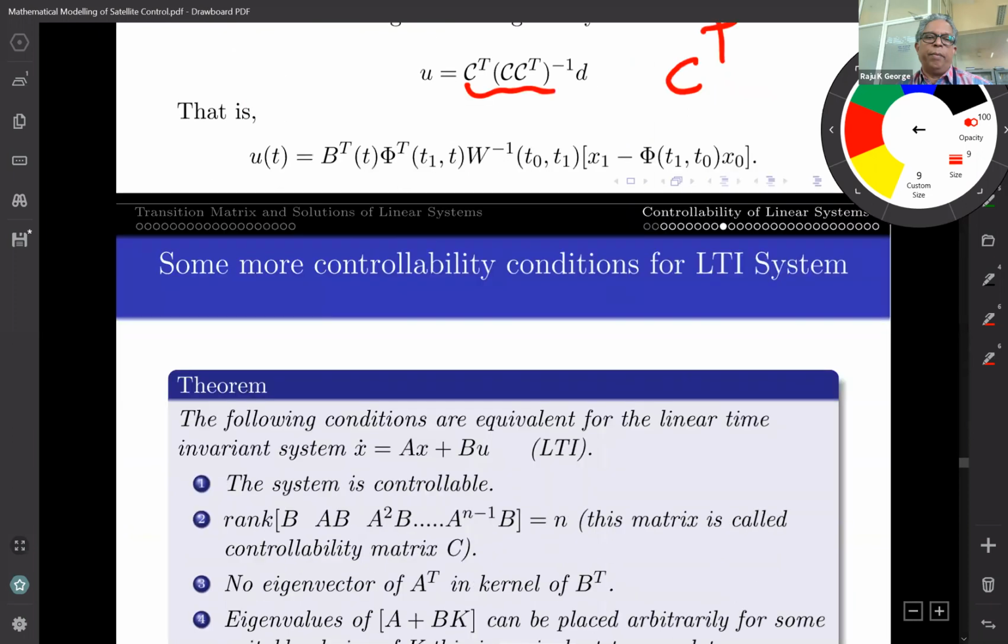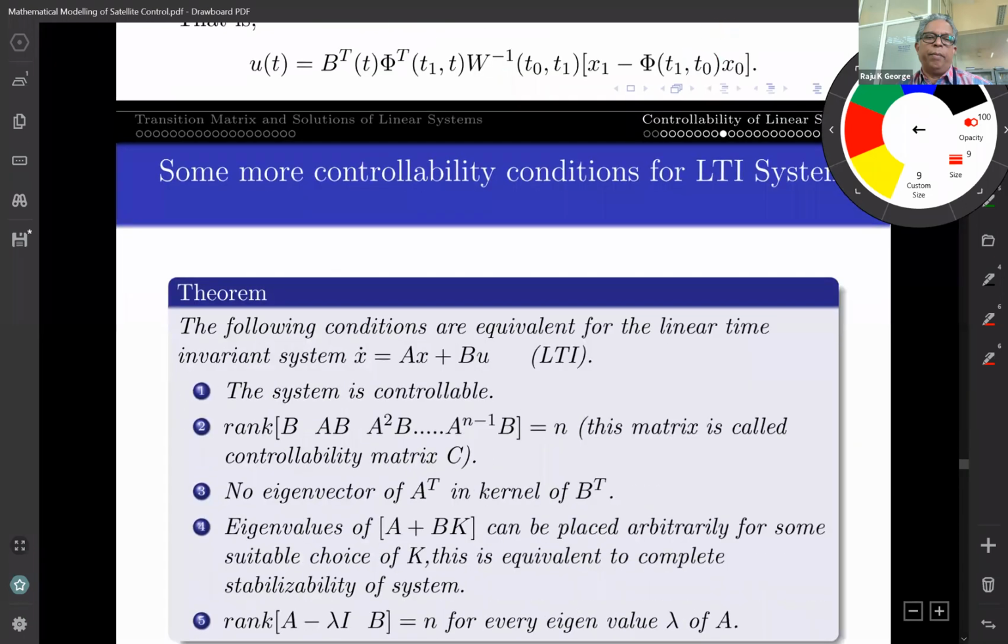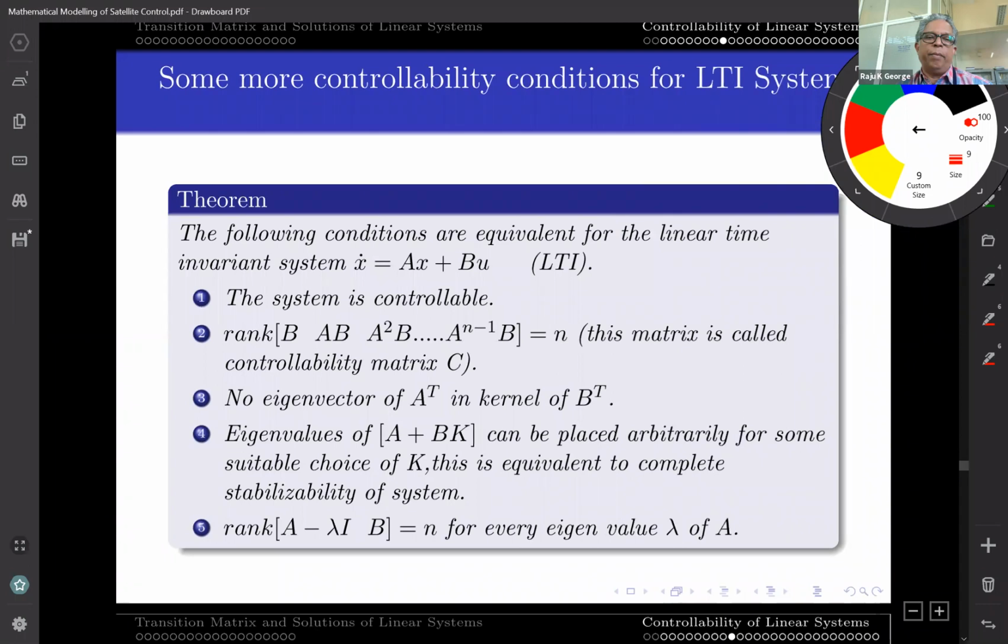So therefore, if the system component matrices are constant matrices, all my discussion so far is true, even valid for time varying matrices. A(t) and B(t) can be time varying. For time varying matrices also, the above theorems, the results, are true. But in case the matrices are time invariant, a linear time invariant system, then we have even